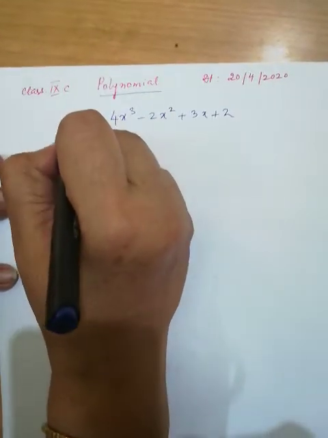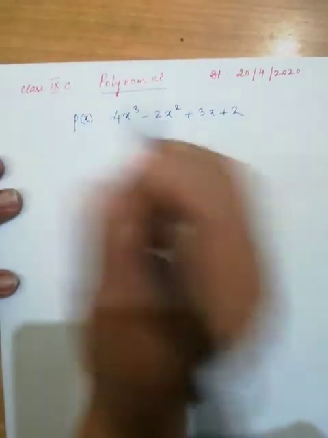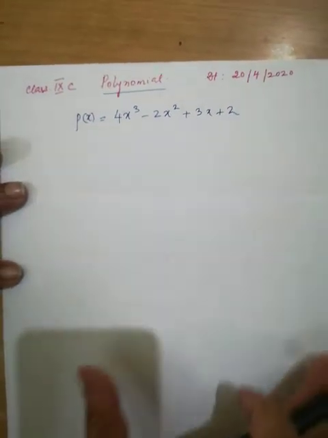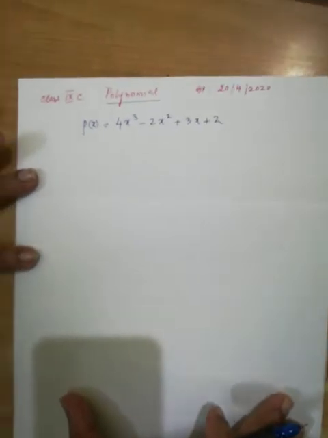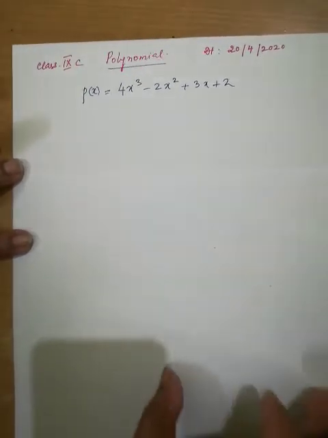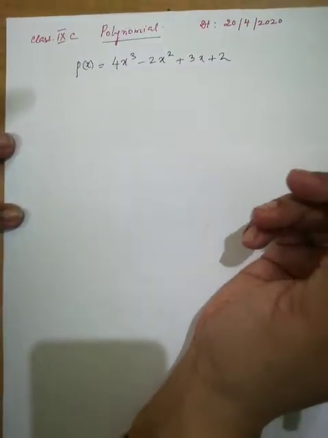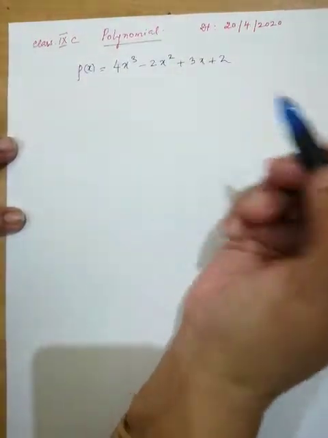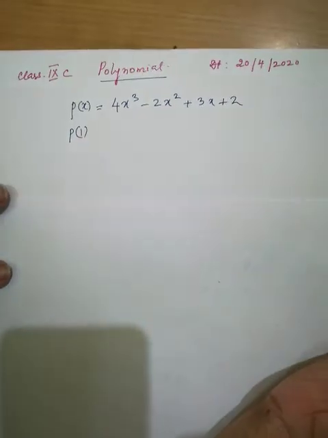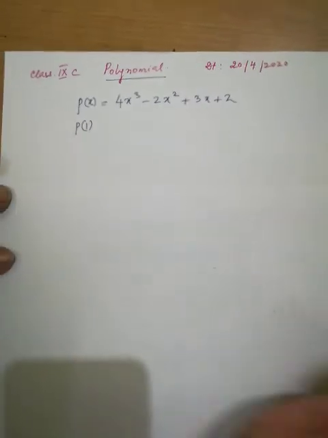We denote it by a small letter and x in brackets, either p(x), q(x) or any other letter. So this is a polynomial of degree 3, right? Now let me replace x by 1. If I replace x by 1, in place of x I put 1 and here